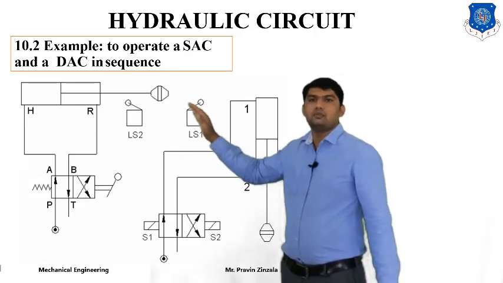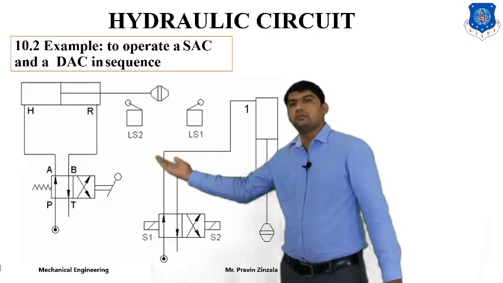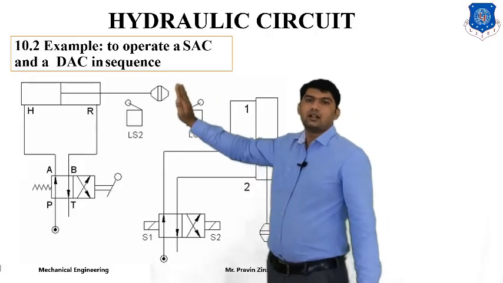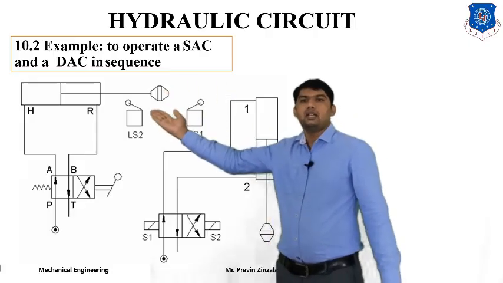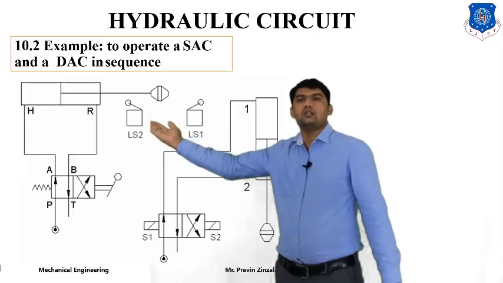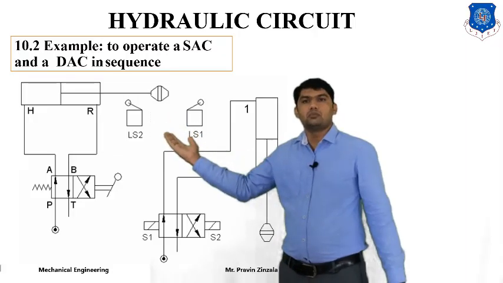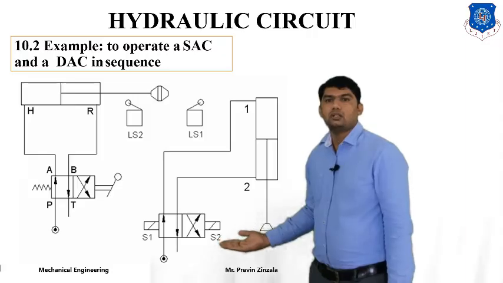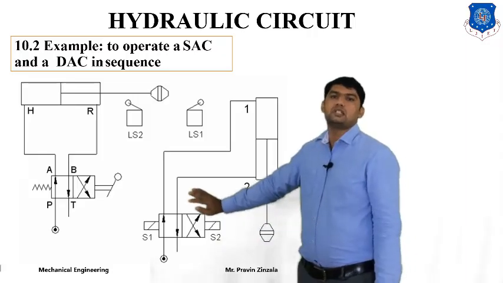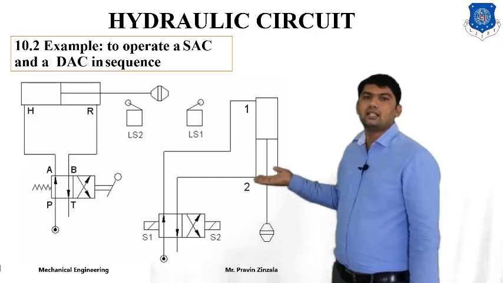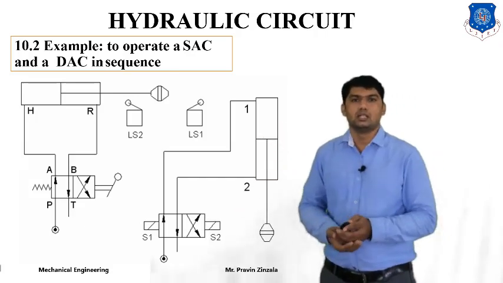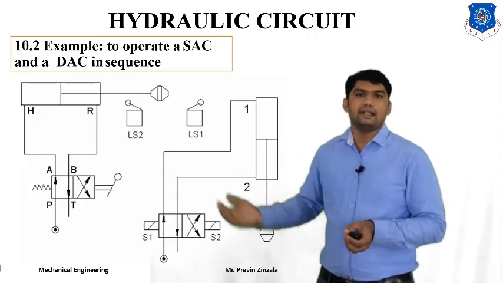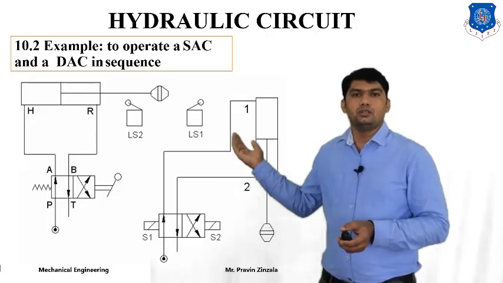Whenever the first cylinder starts to retract, P is connected to B and A is connected to T. So this spool starts to retract, and at the end of retraction, it comes in contact with limiting switch number 2, which supplies the signal to solenoid 2, and solenoid 2 applies force and changes the position. So the second cylinder also starts to retract. So by utilization of two double acting cylinders, we get continuous operation.